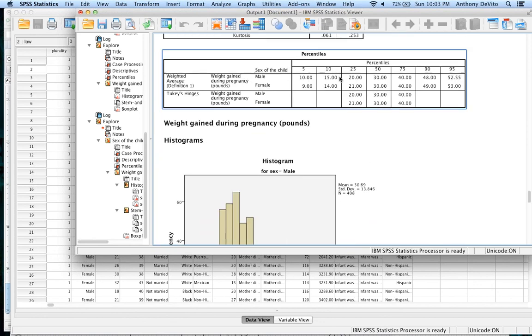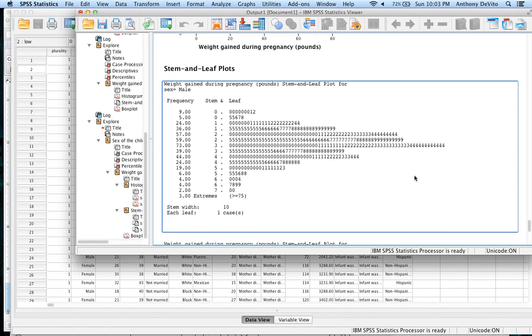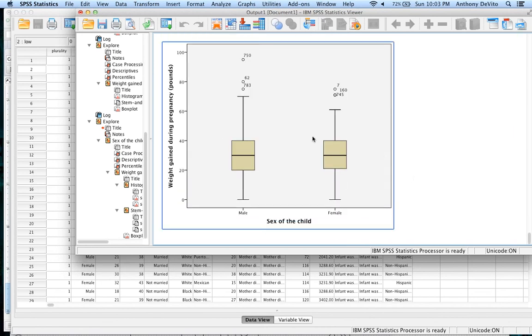Here's our percentiles, if somebody asks us for the percentiles for the different groups, 25th, 75th, interquartile range. And here's our histograms for each of the two groups. And here is our side-by-side box plots, which suggests, boy, it doesn't look like much difference between these two groups, does it? Right. So this is for males, this is for females, and so on and so forth. Okay, so I think that